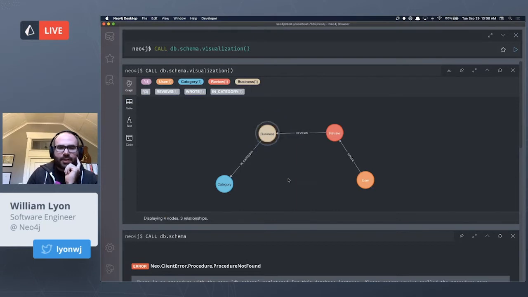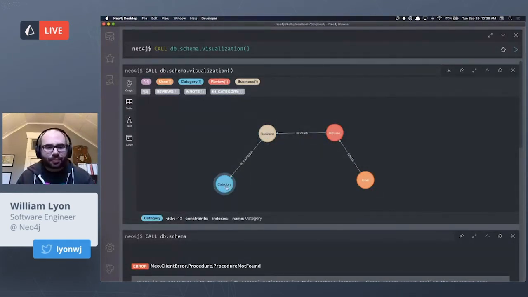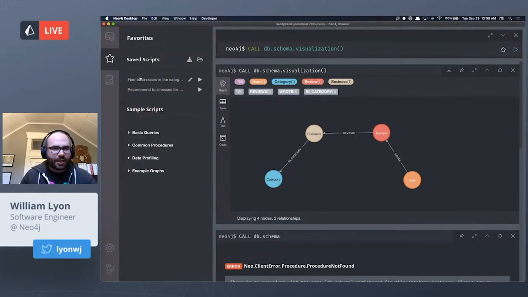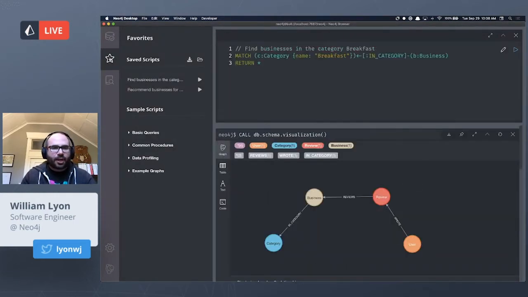So I have a data set of users that have written reviews, that review businesses, and businesses are in a category. So this is the graph model of the data we have loaded in here. And it's just kind of sample data that I basically made up. So I want to look at first a